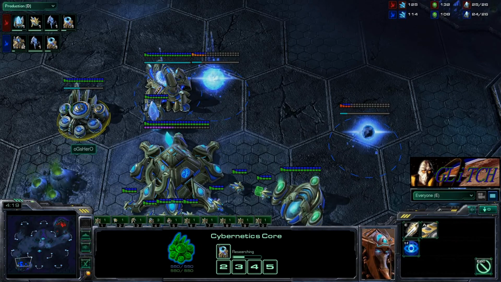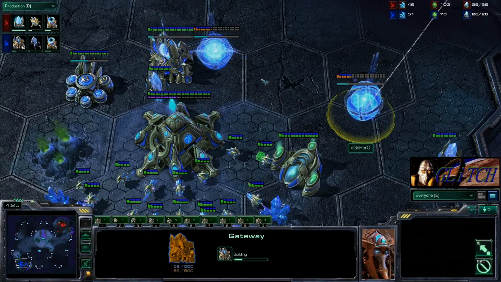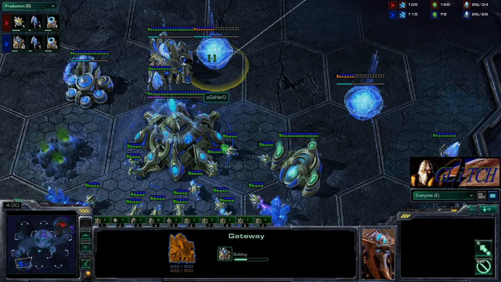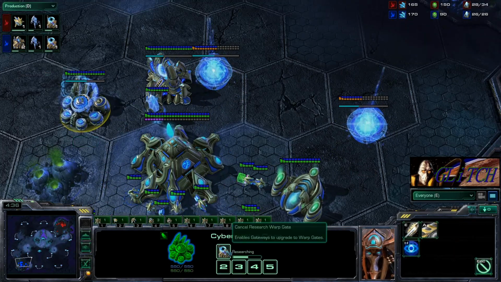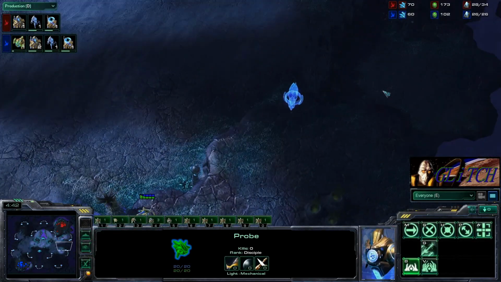We are chrono boosting out this warp gate tech, and we are throwing up only 2 more gateways. So we are going to have a total of 3 gateways here at around the 4-minute mark. Continue to chrono boost that warp gate tech, and send out a scout probe that's going to throw down a